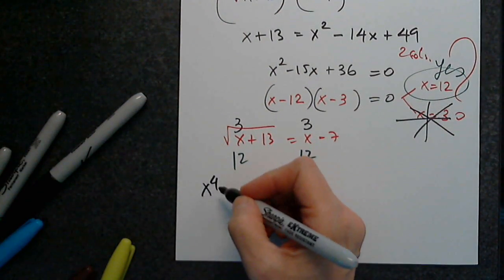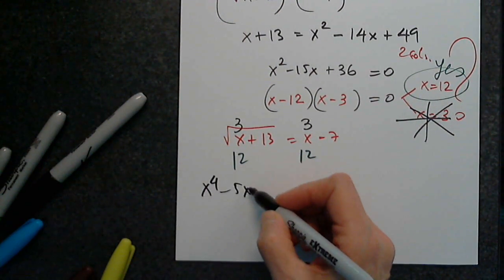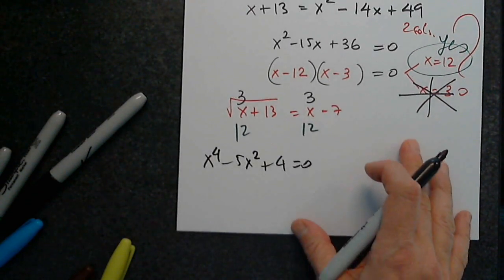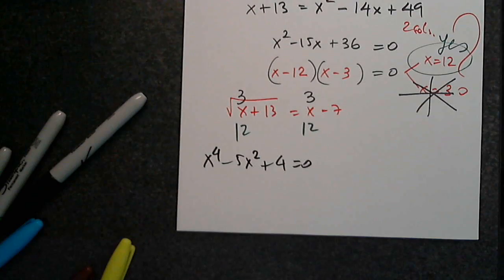x to the fourth minus 5x squared plus 4 equals 0. The question says solve the equation by making an appropriate substitution, which clearly tells us that this is quadratic in form. If it says use a substitution, it's definitely quadratic in form. So